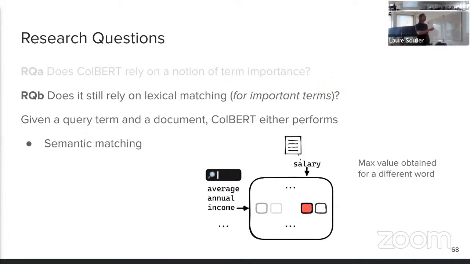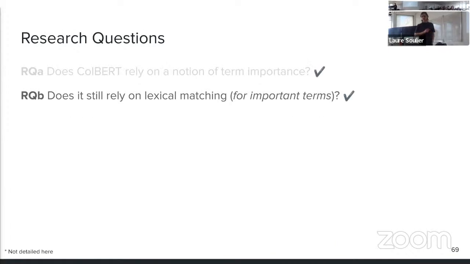On the other hand, the model can do a semantic matching, where the max value is obtained for a different word, here salary. By comparing the distributions between the exact and soft cases, we show in the paper that the model, despite its semantic nature, still relies on lexical matching for terms with high IDF. I don't have time to detail things here, so you have to trust me.